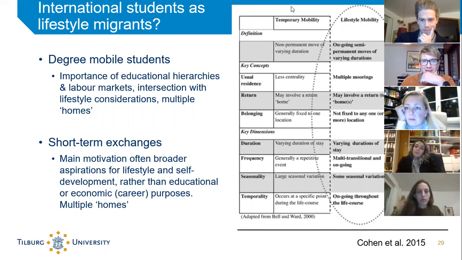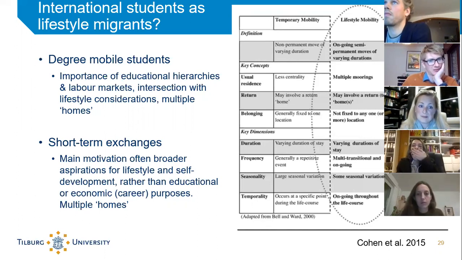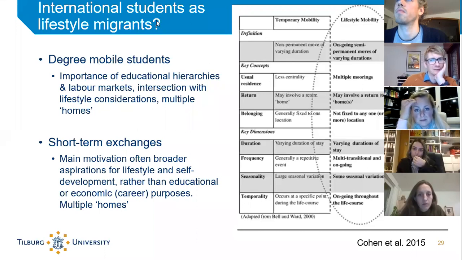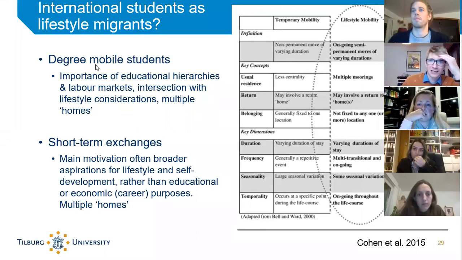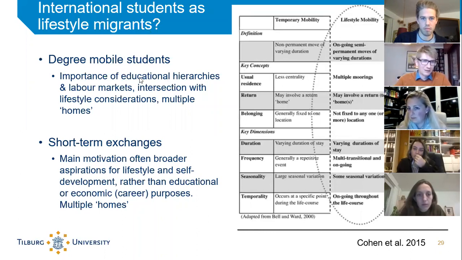If you are doing your work within the course on international students, and you might think about potential conceptualization, you could also look at the literature on lifestyle mobility. There is this paper by Cohen where they make a difference between temporary mobility, lifestyle mobility, and permanent migration. I did not do anything with that yet, but I think it has some very interesting ideas that might be applicable to international student mobility. So I just throw it in here for you to consider, might be relevant when you write your final paper on international student mobility. You might want to use that.